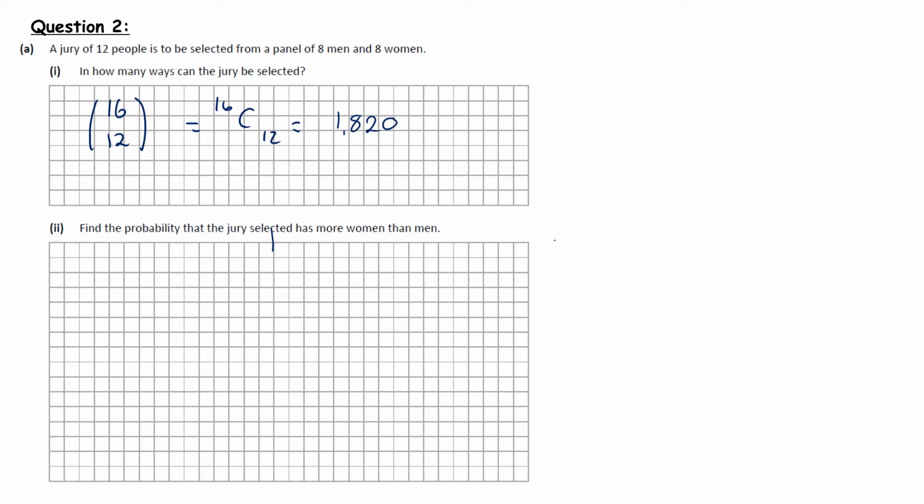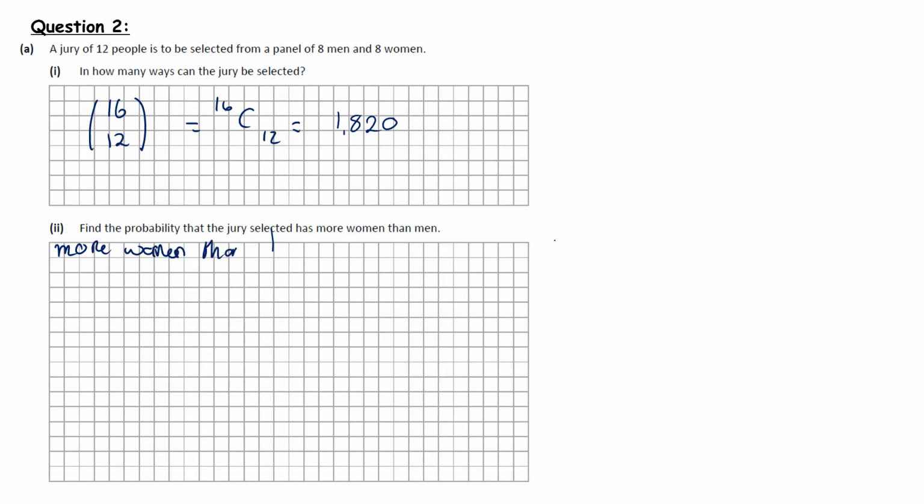So that's the number of ways there are of picking the jury without any kind of restrictions. It's the restrictions that cause these questions to become a little bit more complicated. So then it said, find the probability that the jury selected has more women than men. Okay, so let's look at this. If there's more women than men,